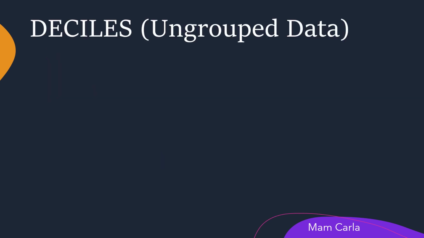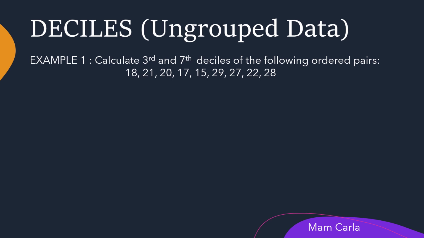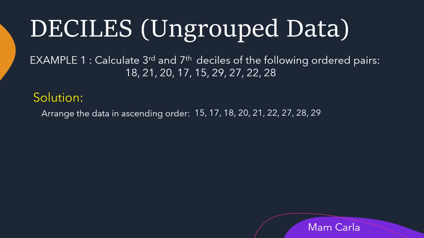Let us deal with the first example. Calculate the third and the seventh deciles of the following ordered pairs. So we need to arrange first the data in ascending order. That is our first step. And then we will be using the formula d sub m equals m times the quantity of n plus 1 over 10 th value. And then we count the total number of data, and that will become our n,